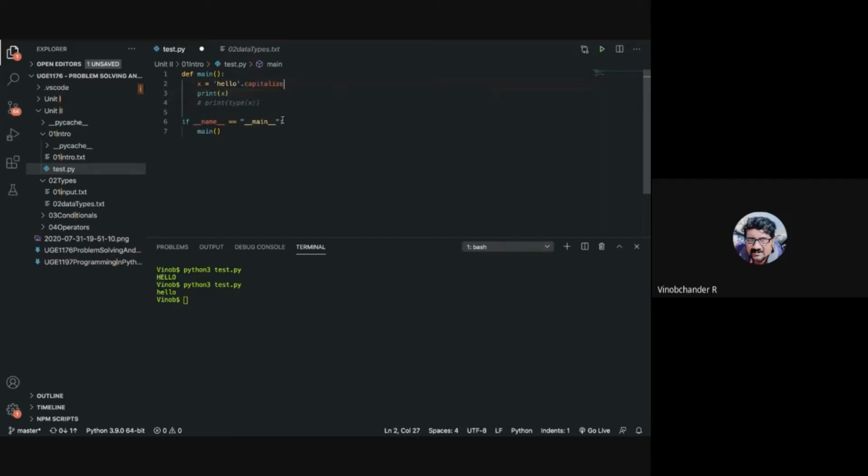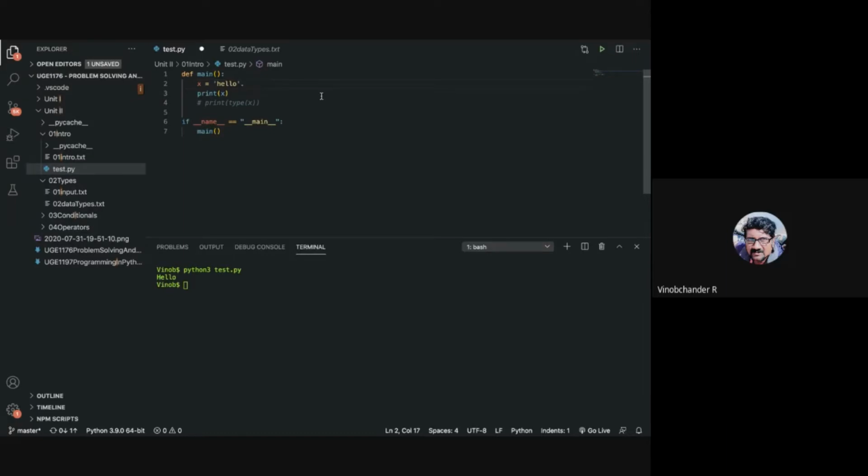And there is capitalize. Now, what do you think the capitalize method does, guys? Only the first letter is capital. Yeah, H is going to be capital here. All right. Okay. So apart from the methods that are available in strings, we will understand more methods in string later when we talk about strings in detail in another unit.